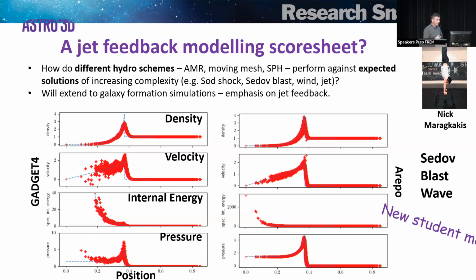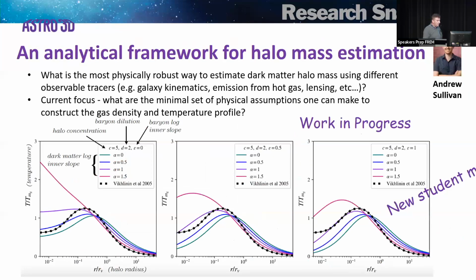for the so-called Sedov blast wave, which is an analytical approximation to what we would expect for a supernova blast. And so what we can see here, gratifyingly, if you're an Arepo fan, is that Arepo does a much better job of capturing the structure within the shock. And that's not unexpected, but Nick is now doing the same kind of exercise for stellar winds and for jets. And so he'll have some nice metrics for how well these different codes perform, and we can then apply it into galaxy formation simulations.